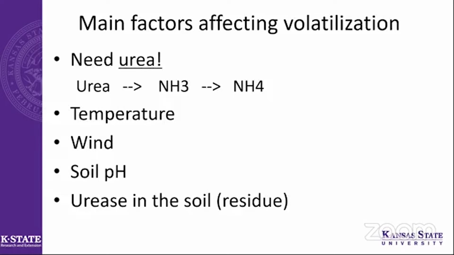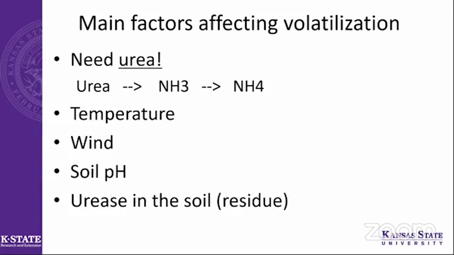So what are the key factors? Temperature. The higher the temperature, the faster this hydrolysis process is. Warmer temperatures contribute to more volatilization. So application to sorghum is one that often worries me a little bit, because if we are putting urea on sorghum late, obviously it's hot, and we may have some moisture there that may drive volatilization a little bit more. Windy conditions, obviously, are another factor. Soil pH: if you are dealing with high pH soils, that would be a situation where volatilization can be a little bit